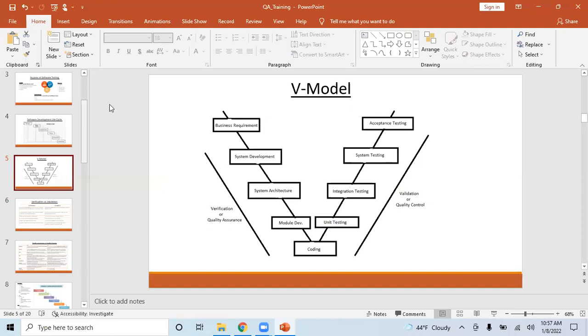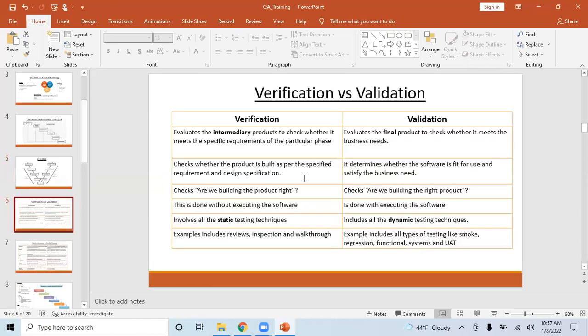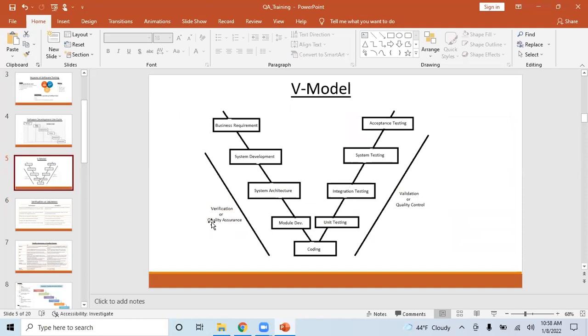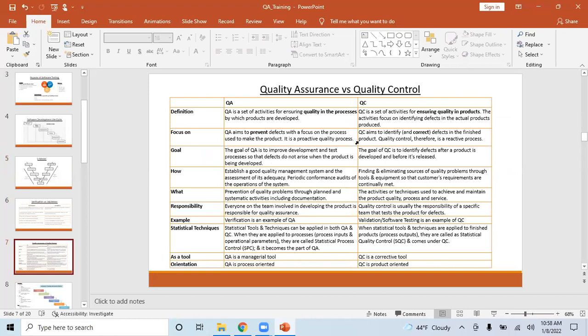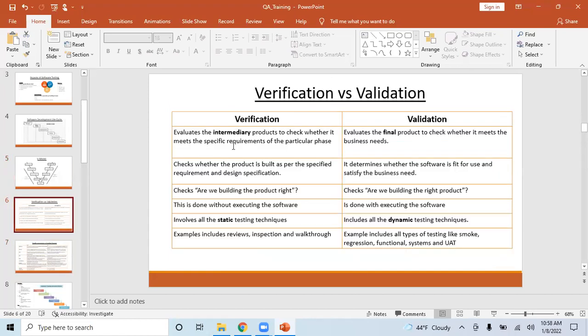So in a way, you are going in the right way, and you're on the right product only. But this is about process, more about whether you are following the correct process or not. That is quality assurance. When I talk about quality assurance and QC, we will talk, but this is more about whether you're following the process. You sending the document to the customer and getting an acknowledgement from the customer that this is correct is also one step towards the correct product.